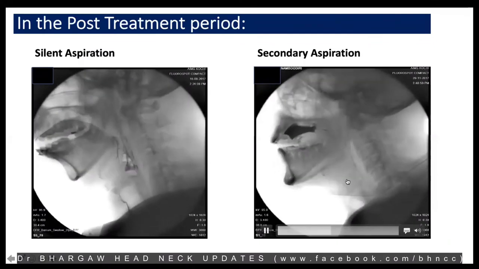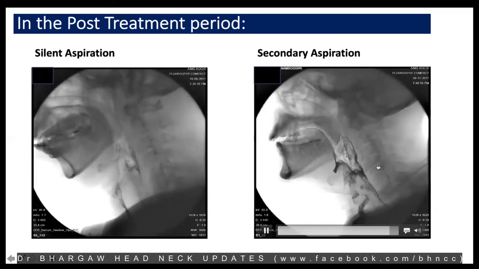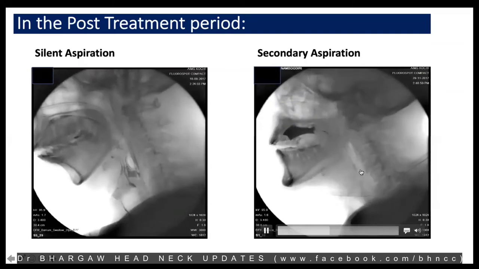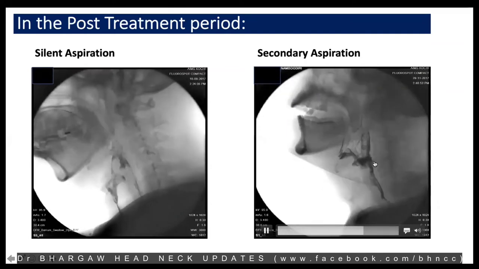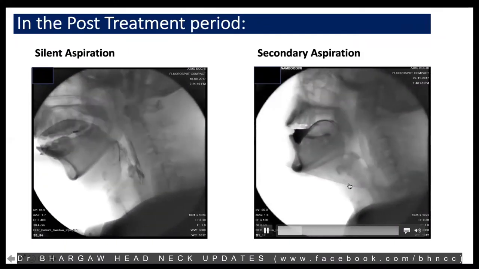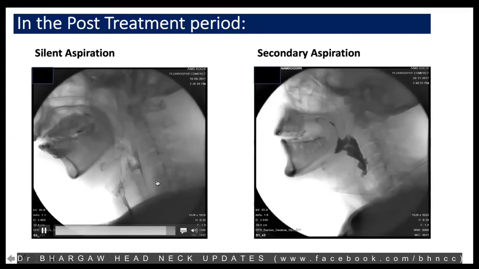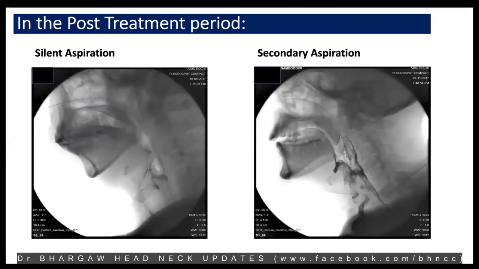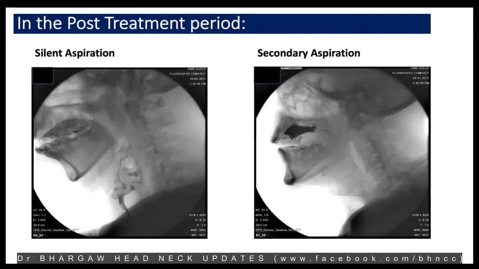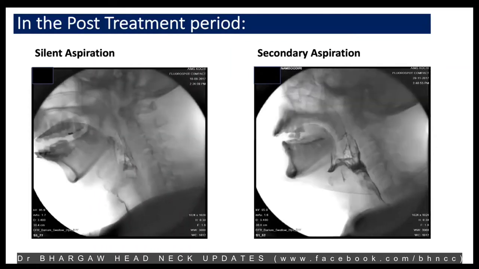Whereas on the right-hand side of the screen, with secondary aspiration, the patient has swallowed, and there is a little bit of a stricture or difficulty for the whole bolus to pass down completely. Because of some stasis, it spills over into the larynx, and you can see the patient starts to cough. These are the things we want to avoid in our ward or clinic, because the patient would end up dependent on a feeding tube and keep making recurrent visits to the medical or pulmonology team for signs of pneumonia.